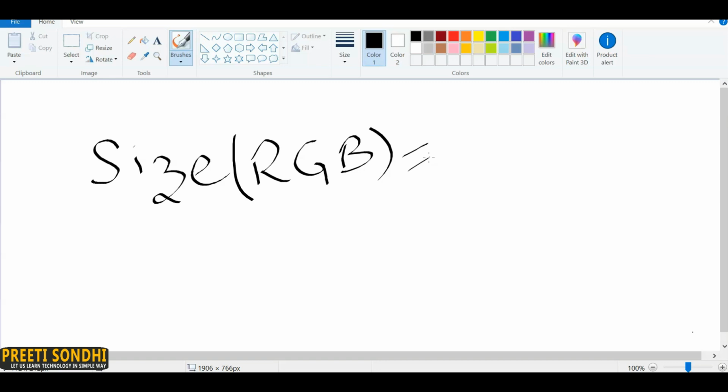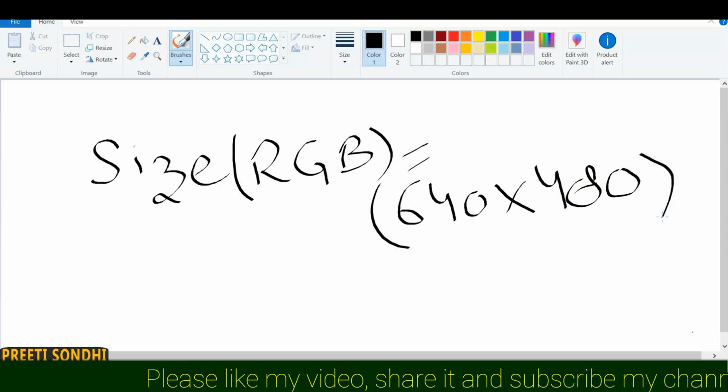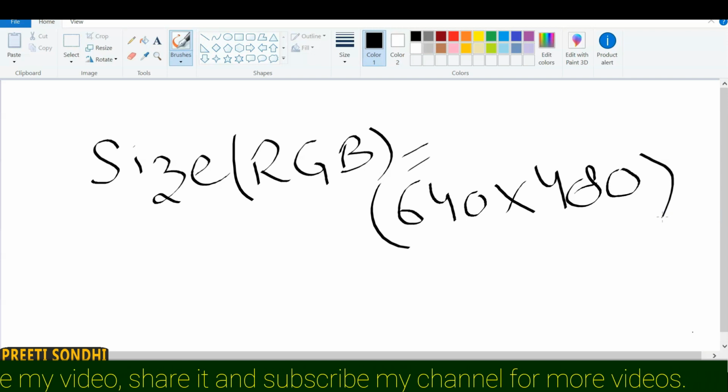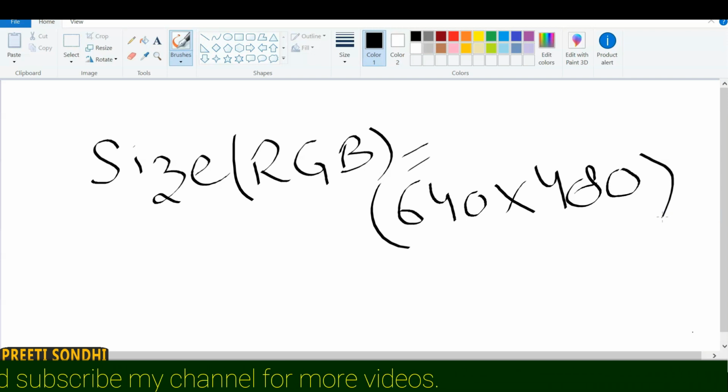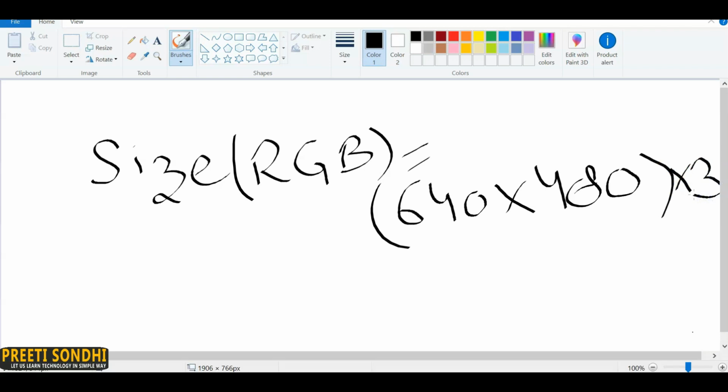Let's say our image is of size 640 by 480. Every image has its own number of pixels, but I'm just assuming that it's 640 by 480. In case of RGB, we know there are three channels, red, green and blue. So the size of each pixel is 1 byte per channel, and for every pixel we will calculate it as 3 bytes. So it will become